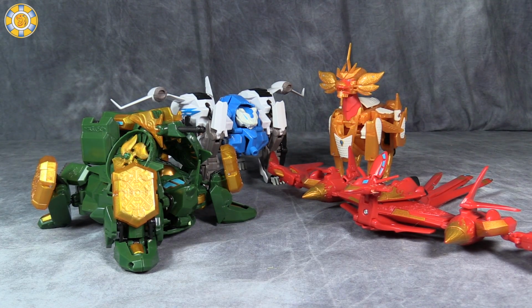We have the turtle, the tiger, the dragon, and the phoenix. Now, all four of these figures are part of Chinese mythology. These guys are the four symbols. We've got the azure dragon, the vermilion bird, the white tiger, and the black turtle. Each one of these also represents a cardinal direction. The dragon represents the east, the bird represents the south, the tiger represents the west, and the turtle represents the